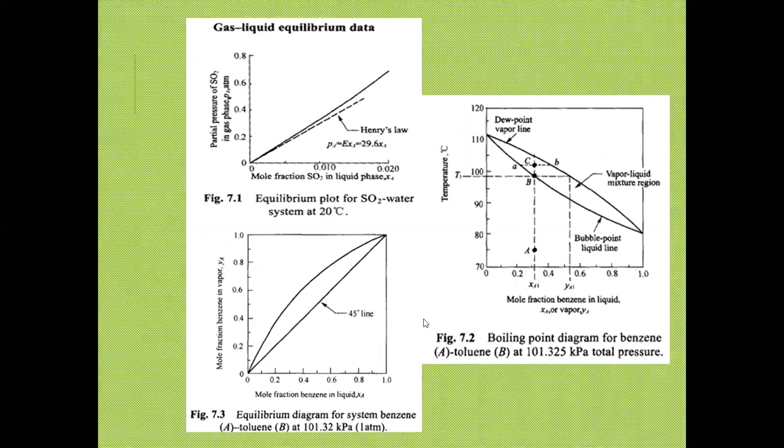What's the difference of this particular diagram from this? If you notice, class, this one is only good for 1 atm pressure, and this is also good for 1 atm pressure. If the pressure is not 1 atm anymore, these two diagrams could not be used anymore. But it need not be a problem because the majority of our problems are at normal atmospheric pressure and temperature. So for XA here, you go up, then you read the corresponding YA.